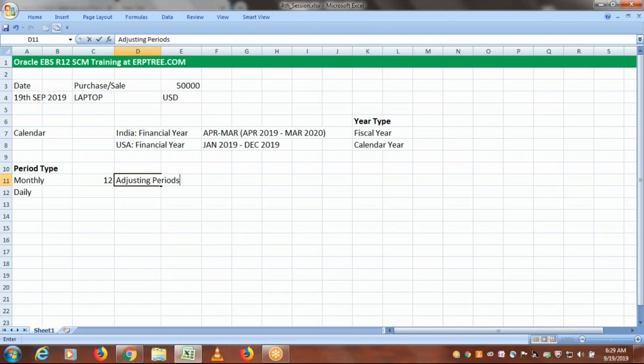Why are these adjusting periods required? When you record the business transactions, when you are going to close the year, when you are closing the books at the end of the financial year, if you take the USA it is the December month, if you take the India financial year it is the March month, we have to close our books. Here we are talking about periods, 12 periods we are taking. Every month we will be closing the period, but we will be closing our books at the end of the